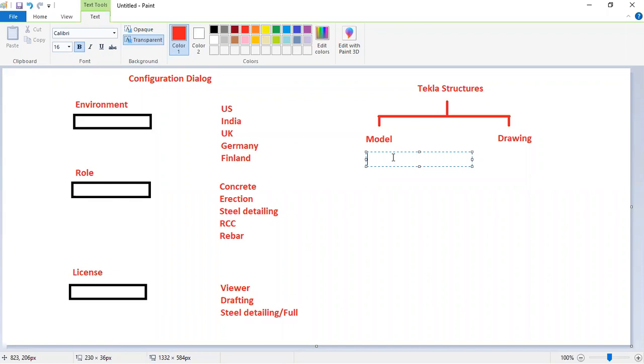That is the column, and then bolts, weld, right? All those things will be available in the modeling part, so that we can do modeling of certain items or certain buildings. Then connections.